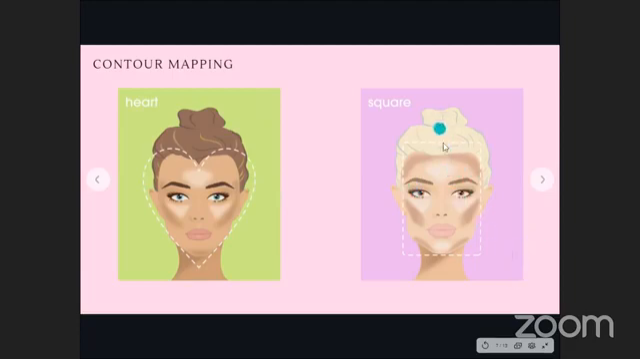And then lastly, square. So we're going to, again, even out the harsh edges of the square face, because it's very striking, very strong. And so sometimes you can just use a little bit of contour to soften it up. So you see here the forehead, the cheeks, and the jawline are all roughly the same size. And with that, you want to